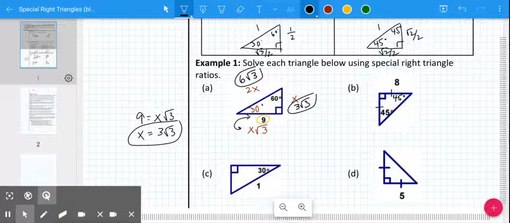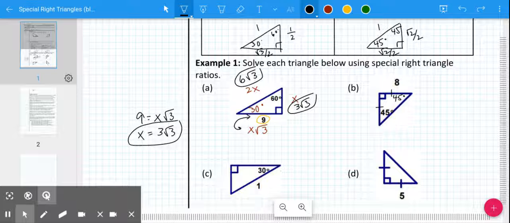So if this side is 8, then that is... You have the same situation going on in part D. So B and D use the 45, 45, 90, but in part C, I want you to try the 30, 60, 90 again. Go ahead and put your answers into the Edpuzzle, and then we'll take a look at our